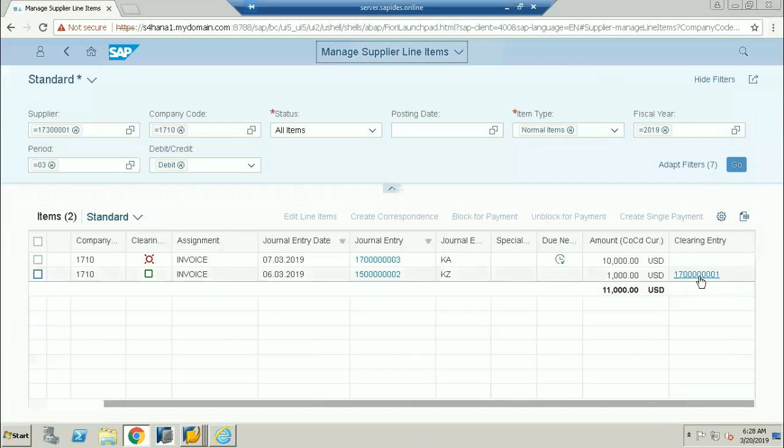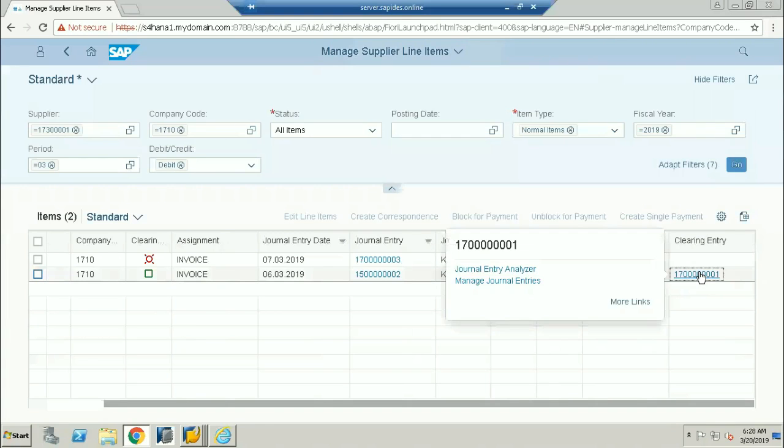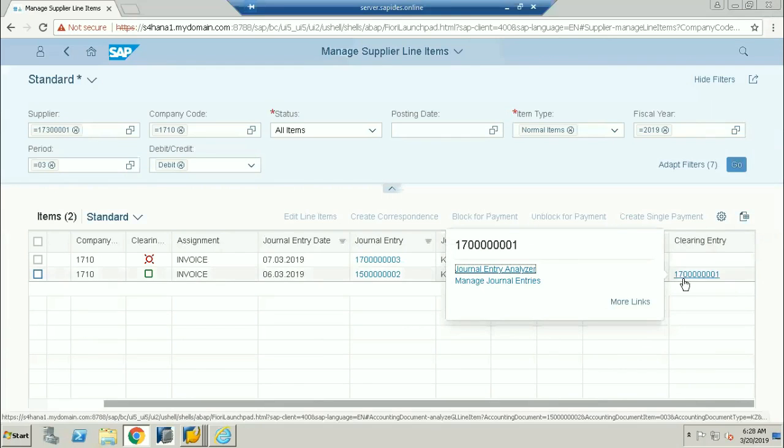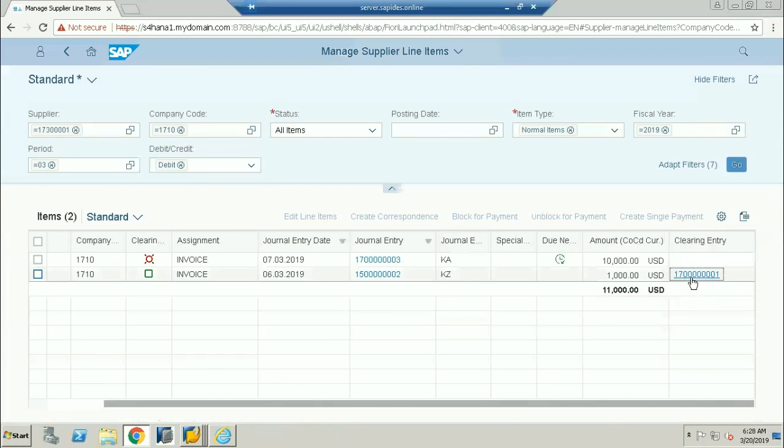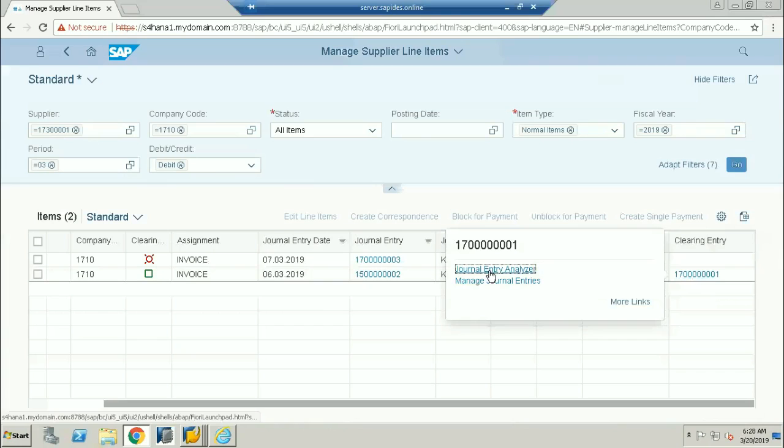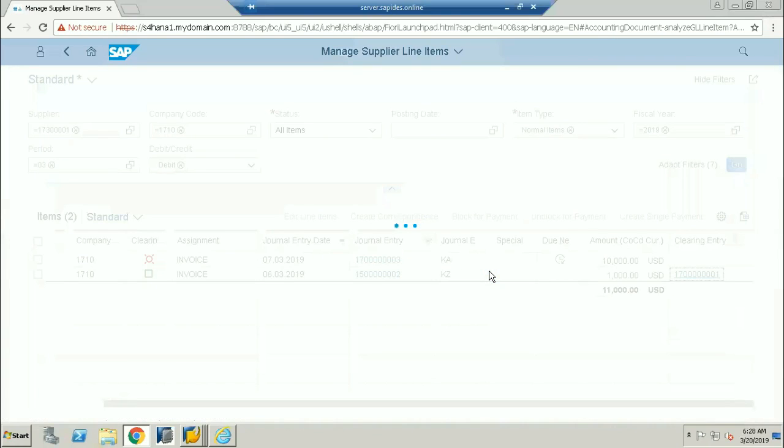Again, if I want to flow into the details, the clearing document number will take me to the document number. Do you want to see the general ledger analysis? Yes. If I click here, I'm just clicking here. Yes, I want to see the general ledger analysis. Again, it will take me to a deeper level. It will go into the drill down and it will show the accounting entry also now.